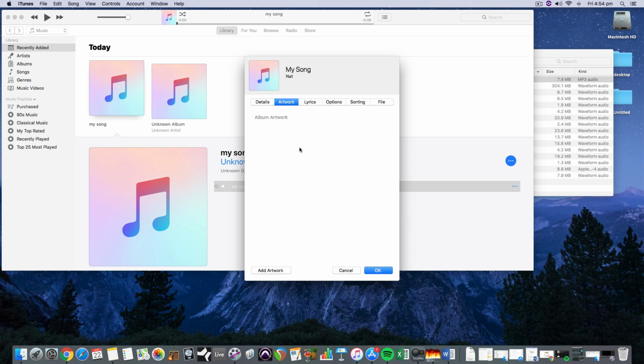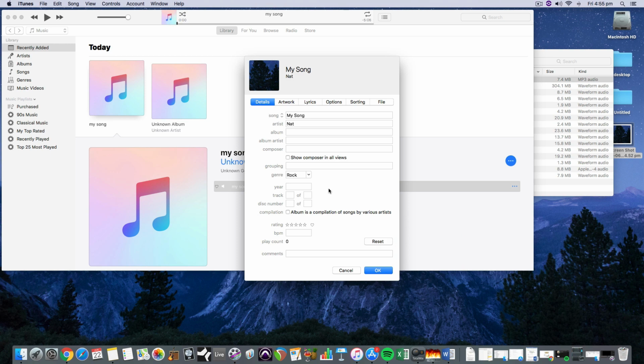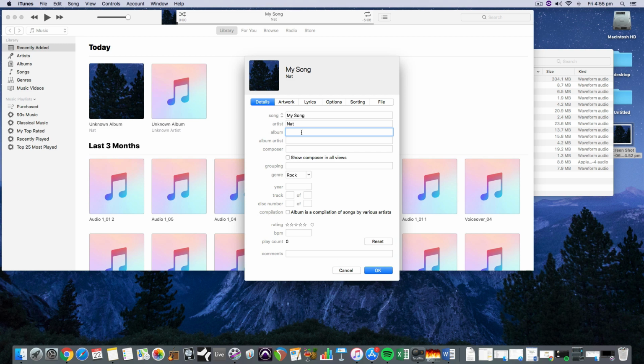I could even put artwork in here. So I'll just take a little screenshot, and you can just drag PNG or JPEG files in, and when I save this in iTunes, it gives me the nice artwork within iTunes, which is great. And if I was to put the album name there,